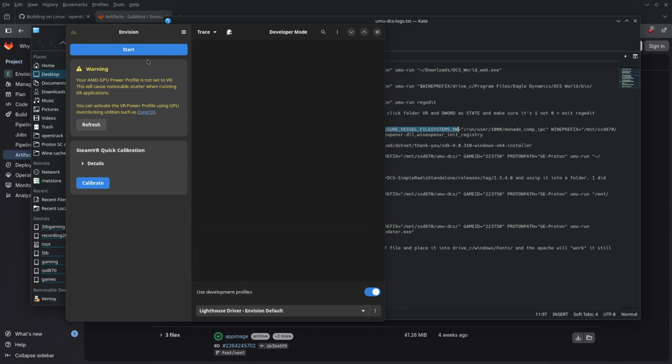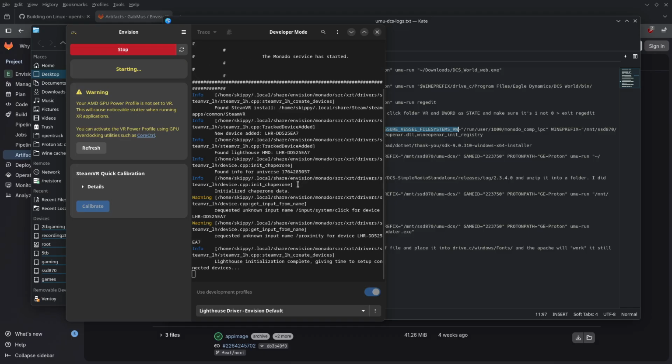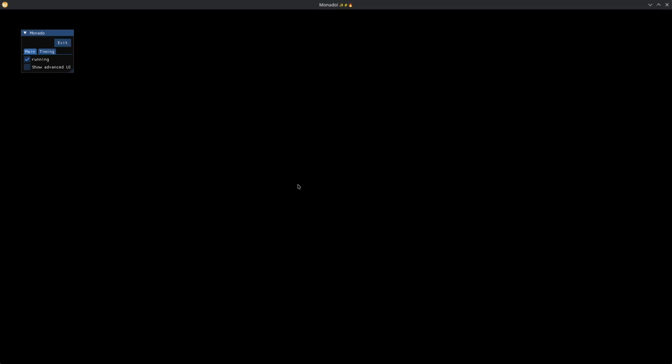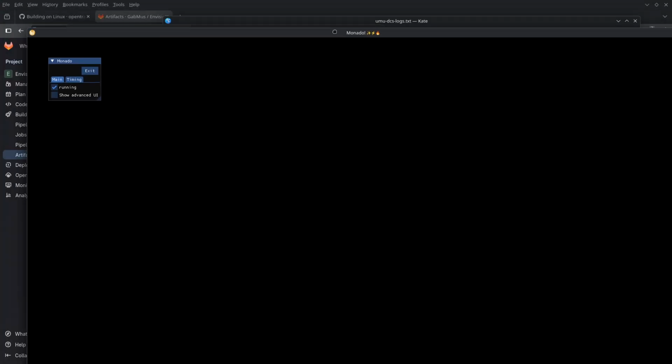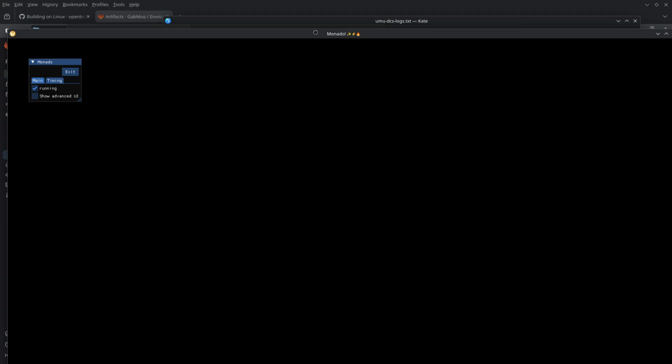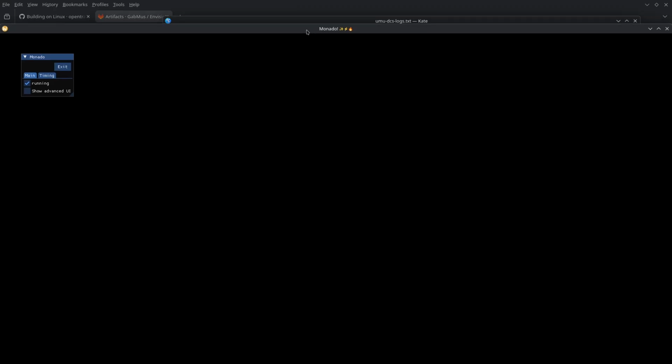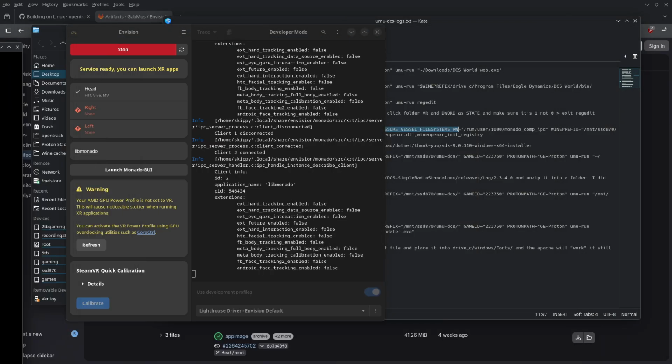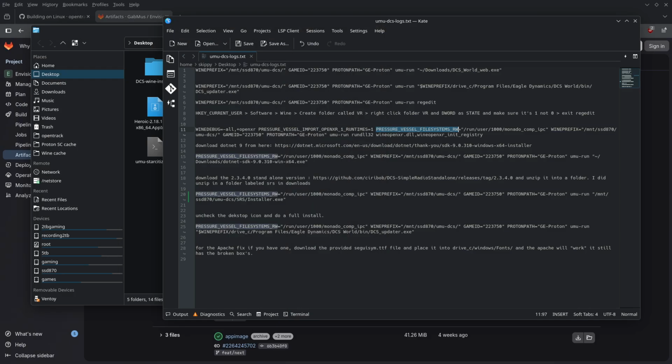Once you've done that, you're going to start it, and for WiVRn, you're going to start the client. This will boot up everything that you need, including Monado, which is this thing. Monado is needed for Linux VR to work. I'm just going to drop this off to the other monitor, and while Envision is running,